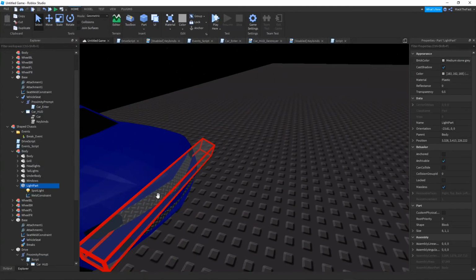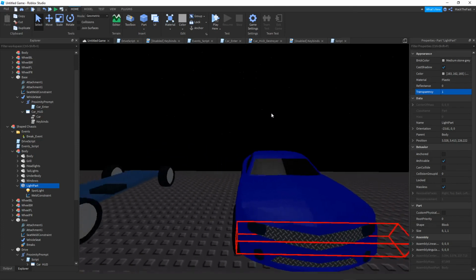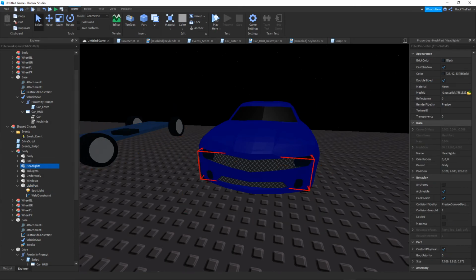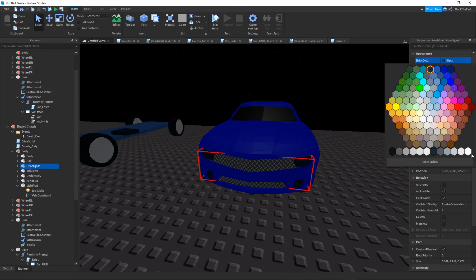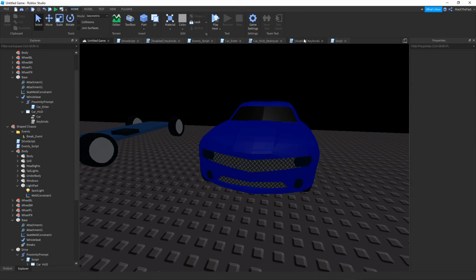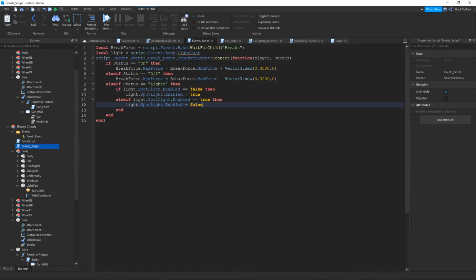Now we're just going to set this part to be invisible for transparency 1. That is not our car done yet. We want these headlights to change colour to white. They're currently black, I believe. Yes, they're black. So we need to set them to change. So we'll go light dot parent